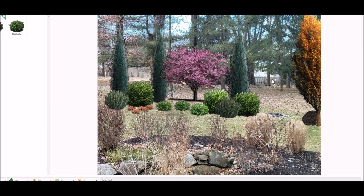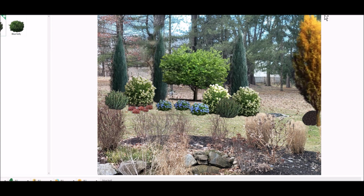One thing I really like about this software is that you can change the season to see what it's going to look like. So what I was just showing you is in summer. This is in spring. So that's summer,